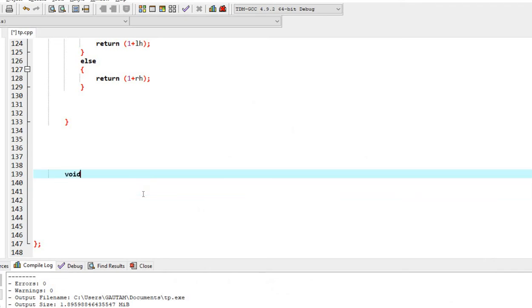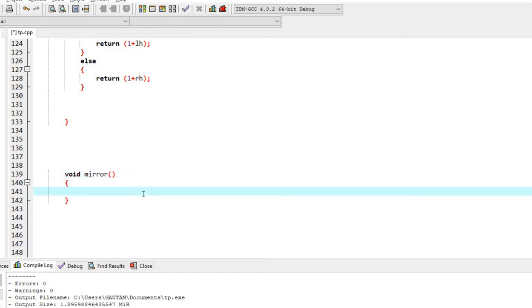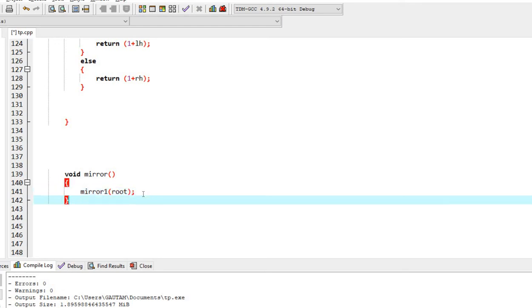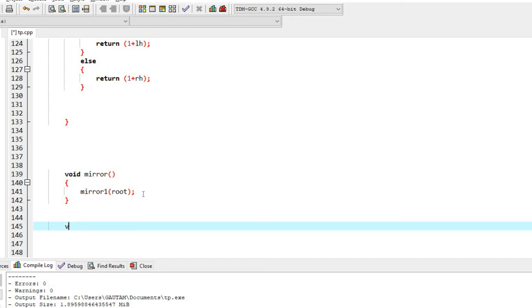We'll create one function, mirror, and we'll pass root to it. So this is the mirror function.